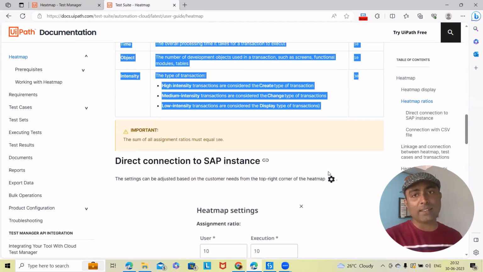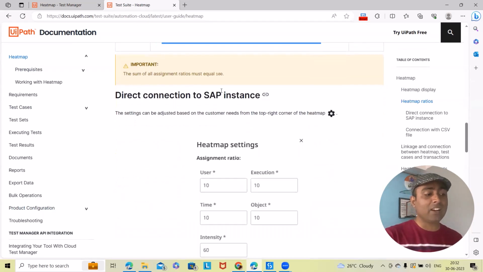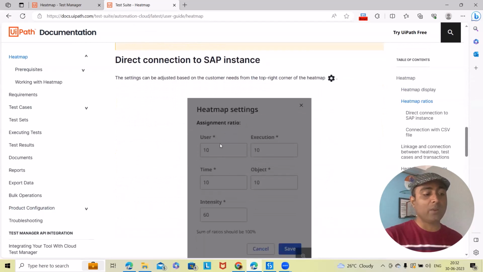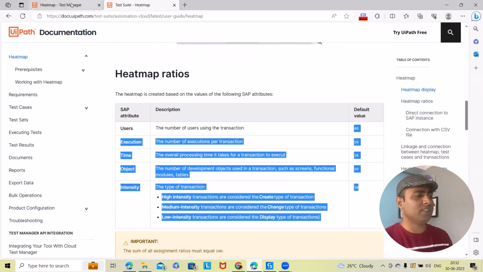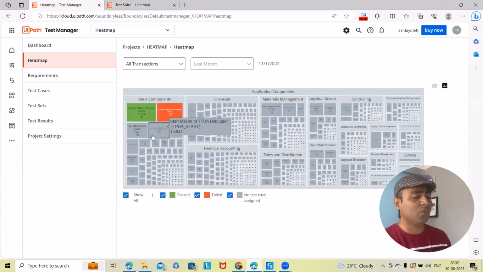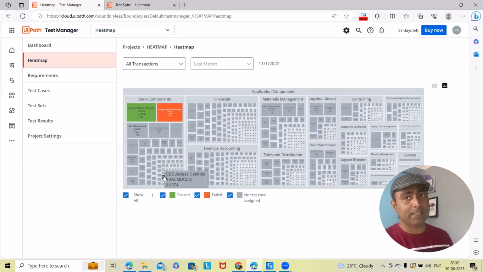And how are we setting up these ratios? Through direct connections to the SAP instance, where we will specify the details on the ratio part. So this is how we can set it up in the ratio section. But just leave it to the sections where we will generate or create a few test cases to execute